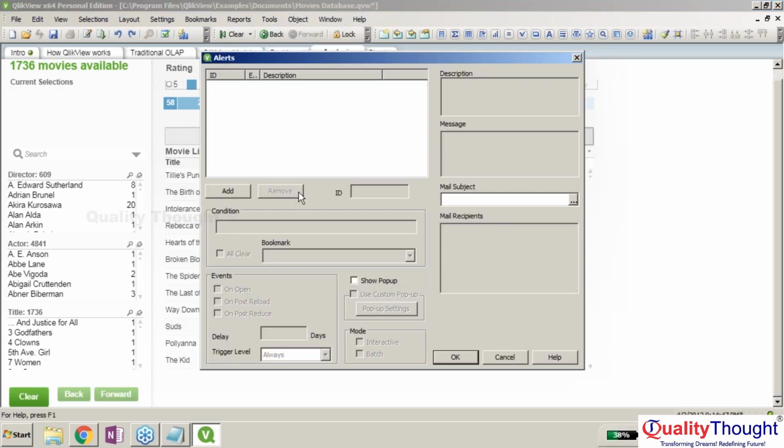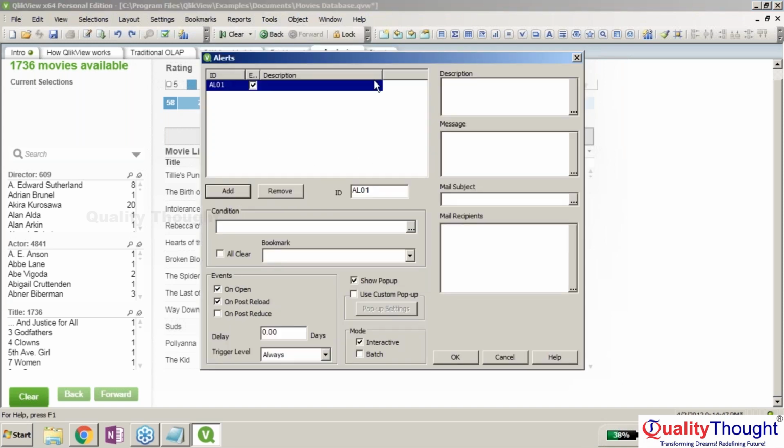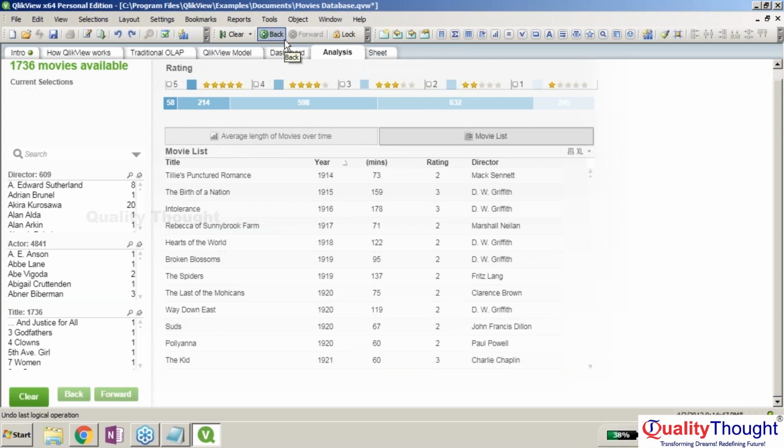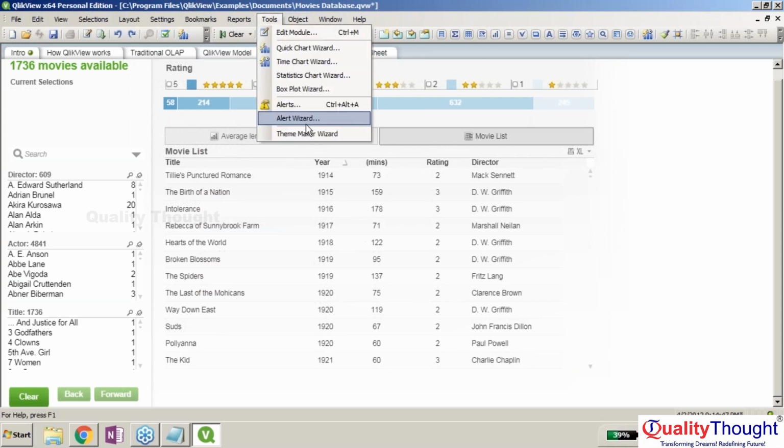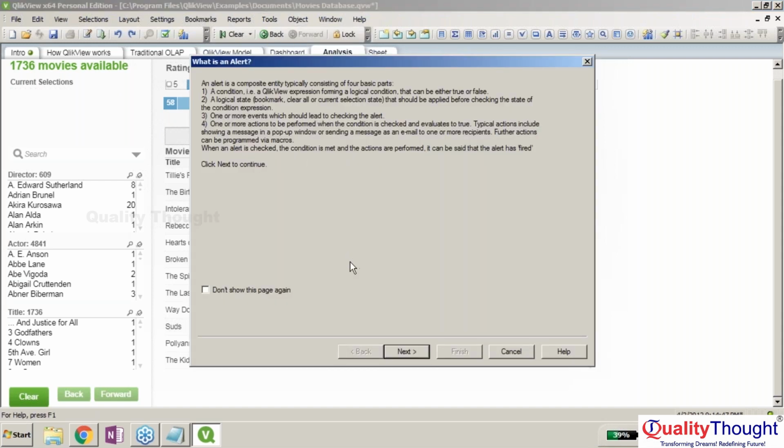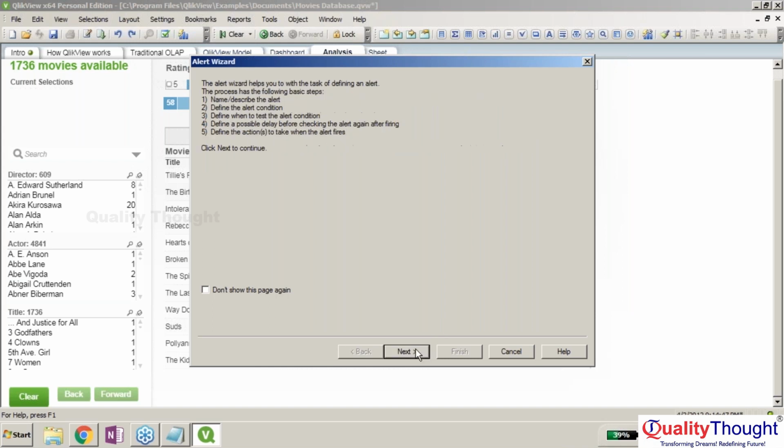Alerts, you can add an alert, okay, based upon any sort of action that is going to be performed on one particular object on the sheet. Alert wizard, you can create a condition so that the QlikView expression will form a logical condition that can be either true or false, and a logical state, okay, that could be applied before checking the state of the other condition. So next,